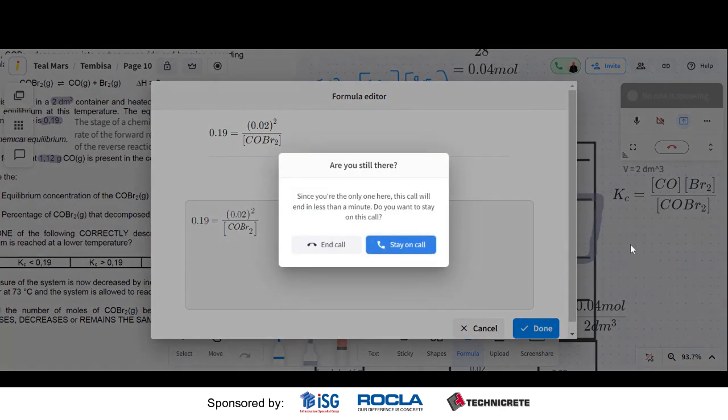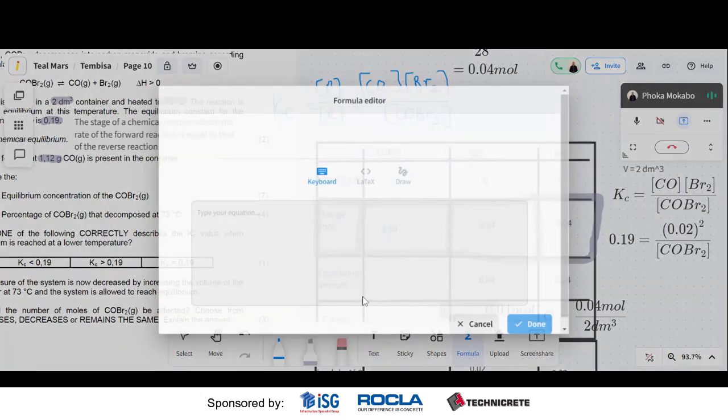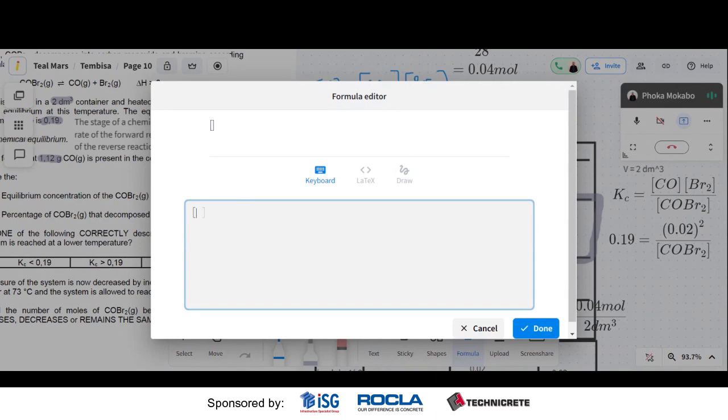Okay. And if you plug that into your calculator, you end up with the fact that the concentration of COBr2 is equal to 2.11